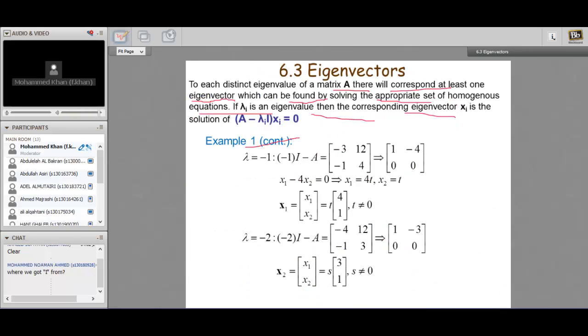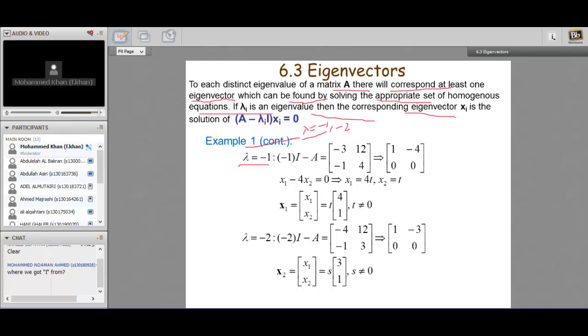Further we proceed. As we know, the eigenvalues we found in example 1, that is lambda, will be equal to minus 1 and minus 2. These are the two eigenvalues we found in the previous question. So now we proceed with the previous question. So we can write, corresponding to lambda equal to minus 1,